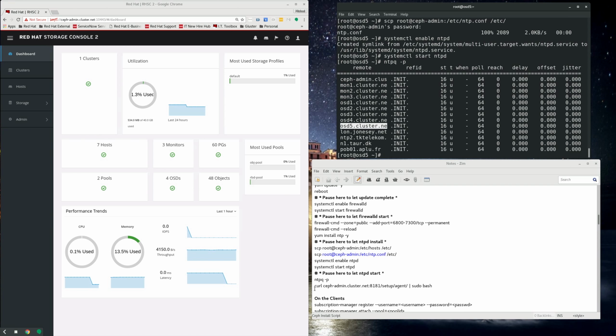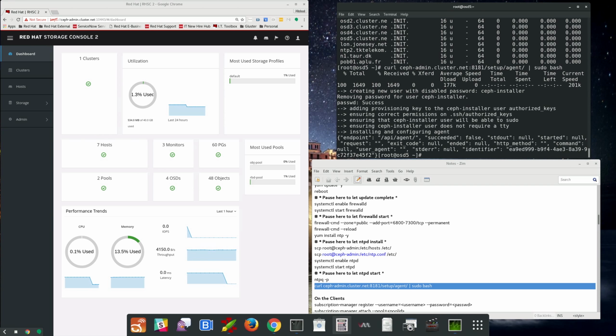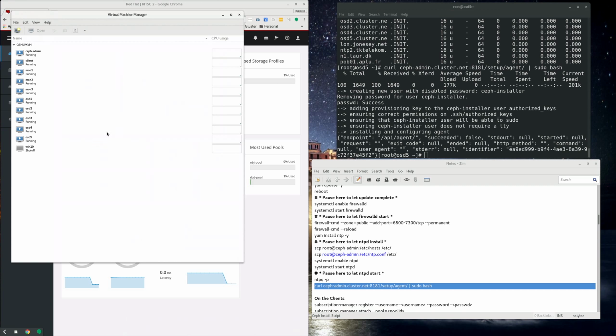And then the last thing we need to do is grab our info from the Ceph admin server. All right, so that's going. Let's watch our virtual machines. We should see OSD5 picking up in performance. All right, as we can see over here,